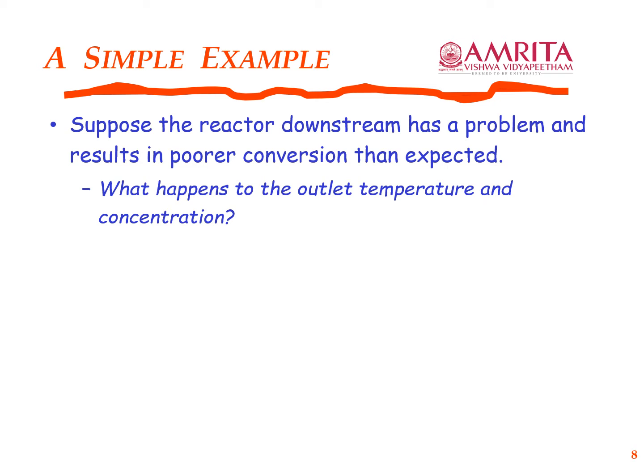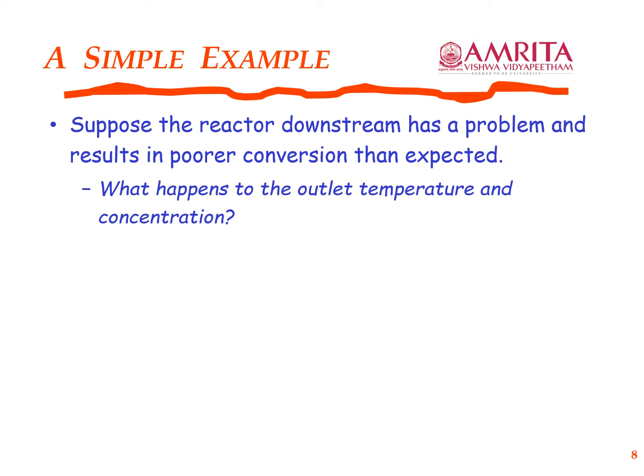Now this is, you see, a feedback loop. So there was one problem with the reactor downstream. The conversion dropped from 90% to say 80%. Now what will this mean? This means that you will have more unreacted benzene and propylene coming out, going into the separation unit. Now this means there will be more of those benzene and propylene staying in the product stream. And that means less of cumene probably going into the recycled stream.